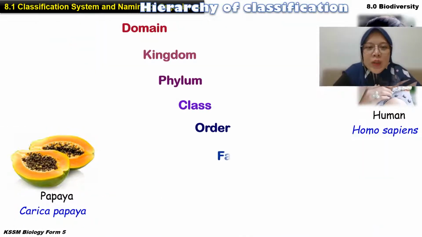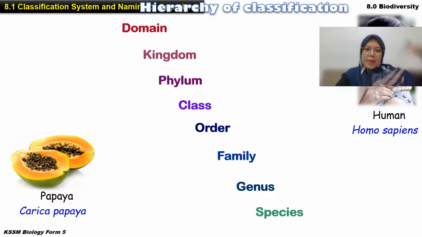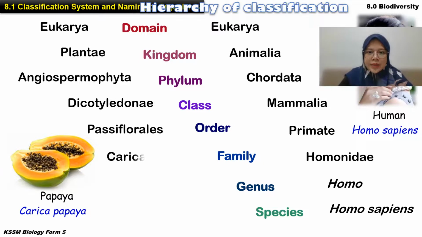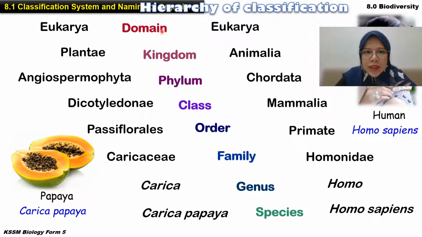So let's look at one more example. Same: domain, kingdom, phylum, class, order, family, genus, species. So we must go downwards. So let's look. Domain Eukarya, kingdom Animalia, Chordata, Mammalia, primate. So we have Homo sapiens. For this one, it is the same domain Eukarya, but the kingdom is changed. This one is Plantae. So we cannot include it in